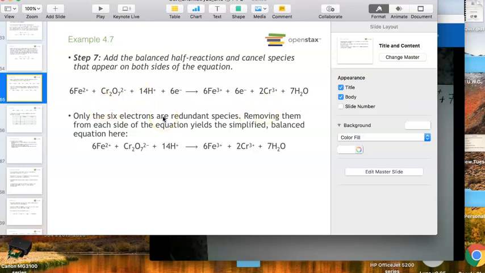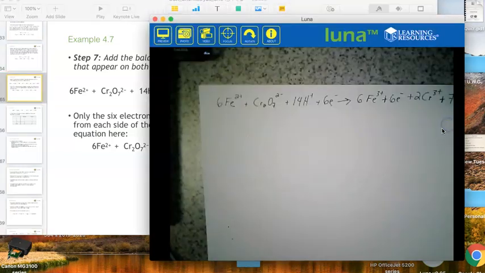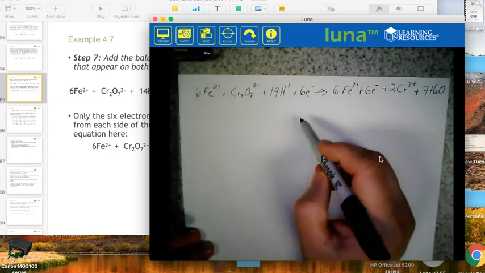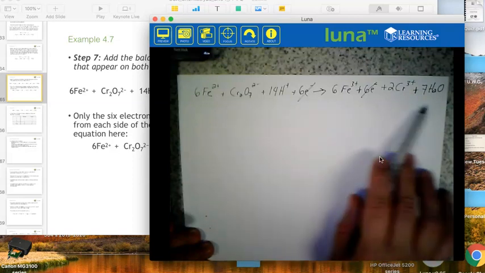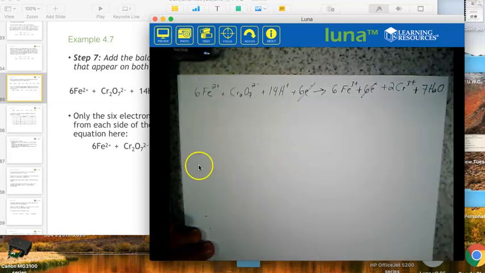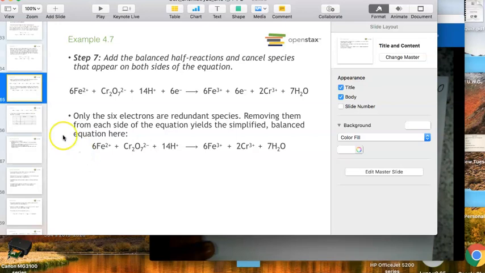And so after you do that, then you're going to want to reduce any redundant species. Okay, so the only thing here that we can reduce that's common on both sides are the 6 electrons here. Iron's different here, that chromate. So everything is different except for the 6 electrons. They're the common ones, so we can cancel those out. All right, so